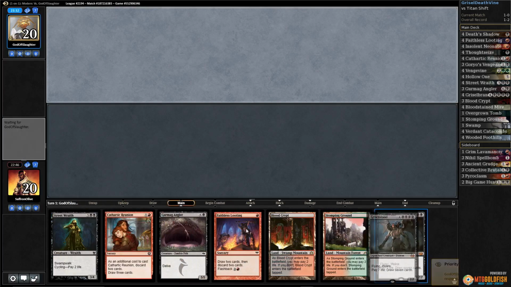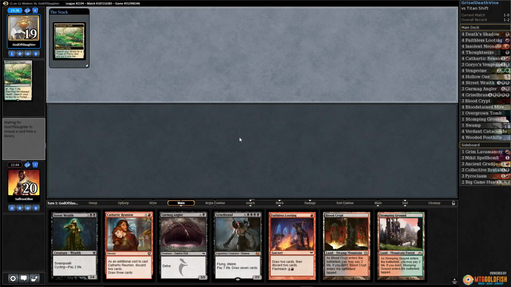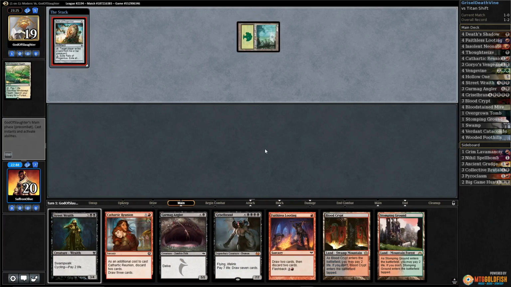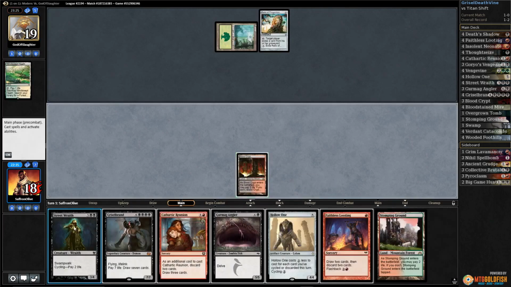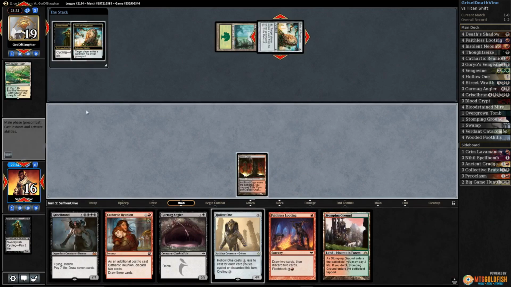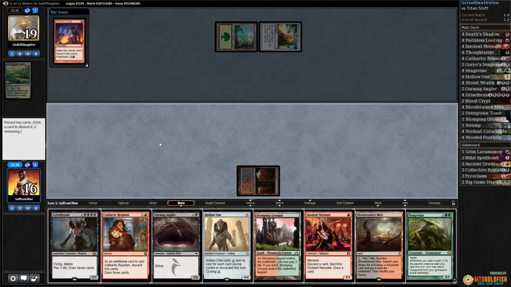Ooh, alright. Well, we're Goryo's Vengeance away from having some fun, assuming our opponent doesn't have graveyard hate. Forest, graveyard hate, Hollow One. Well, we get a turn 1 Hollow One. That's something. So Blood Crypt, untapped, cycle Street Wraith, opponent exiles it. Sure. Faithless Looting, discard Griselbrand, discard